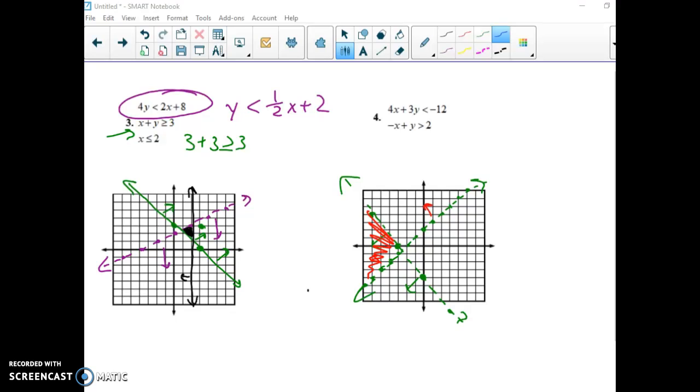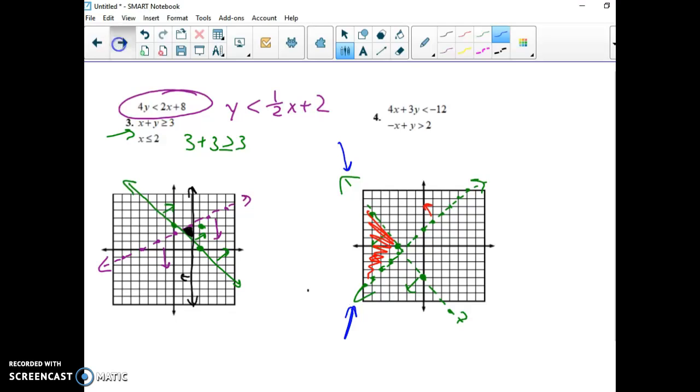In number 4, we have this line right here, the dashed line that is representative of negative x plus y is greater than 2. And then we have this other dashed line that's 3x minus 4y is less than negative 12. They're both dashed lines because they both do not have the equals to, and the double shaded region is